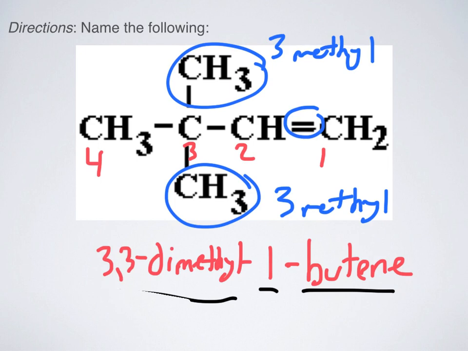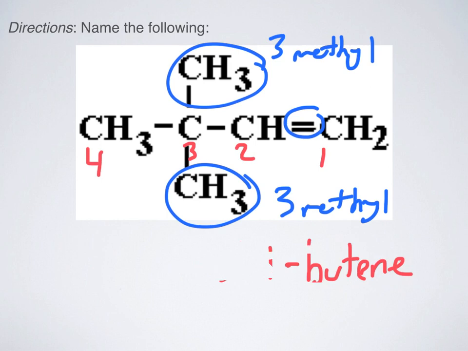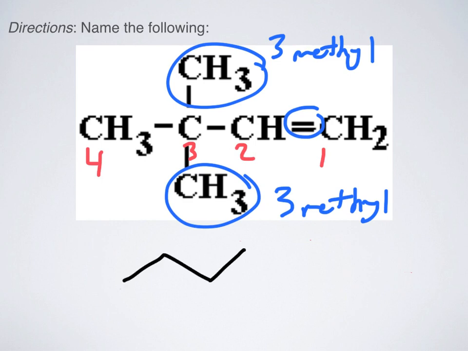Now I wanted to draw the line structure for this because this one looks crazy. In fact, I think I'm going to need a lot more room, so I'm probably going to have to erase this entire thing. Just make sure you got that down and you understand where that comes from. But this is what that would look like. So again, I have butene, so 1, 2, 3, 4. I have a double bond at carbon 1,